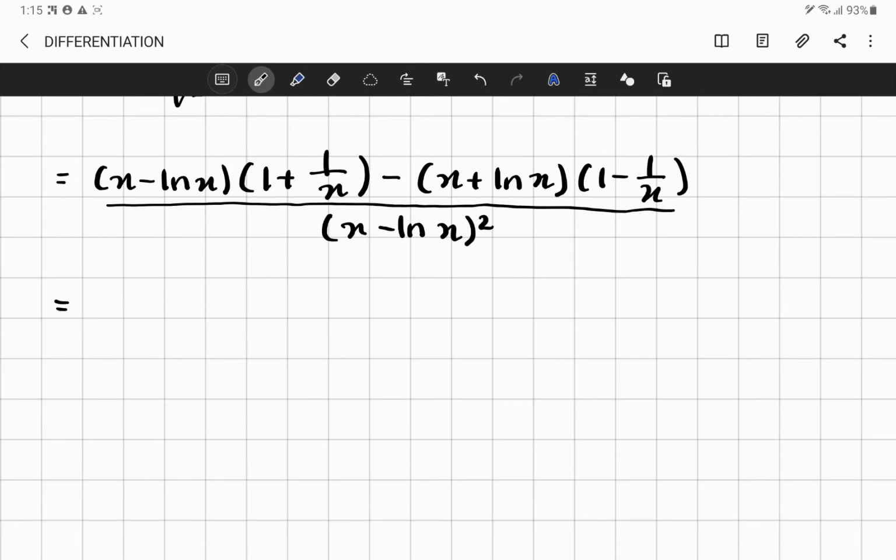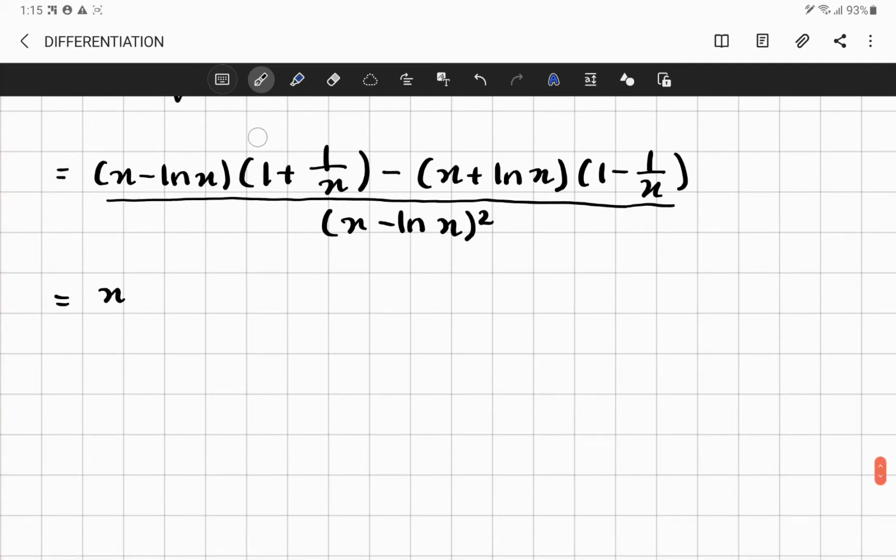It means that we need to expand. x times 1 is x, x times 1/x is positive 1, negative ln x times 1 is negative ln x, negative ln x times 1/x is negative ln x divided by x, minus